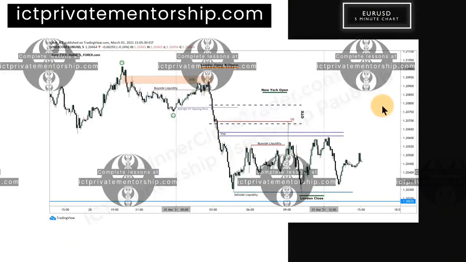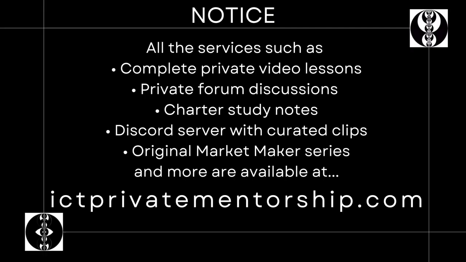The students that are mentorship students at charter level or later in the months, they are looking at the lessons I'm giving now, and they're trying to figure out what's the benefit of doing it. Well, this is exactly what you should have been doing all through the free lessons